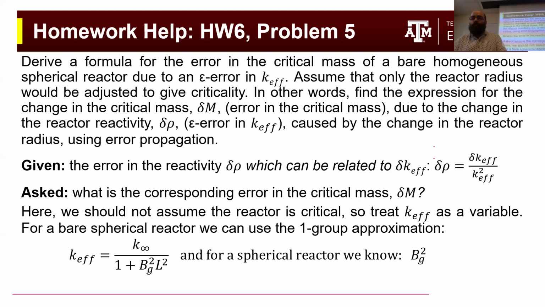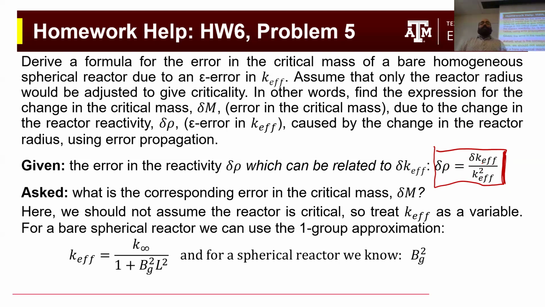And those uncertainties are related by just doing a derivative. So if you have the definition of reactivity and you take the derivative, that's how you can get this expression. So if I know the uncertainty in my reactivity, I could also compute the uncertainty in my K effective. And I want to know, based on that uncertainty in K effective, what's the uncertainty